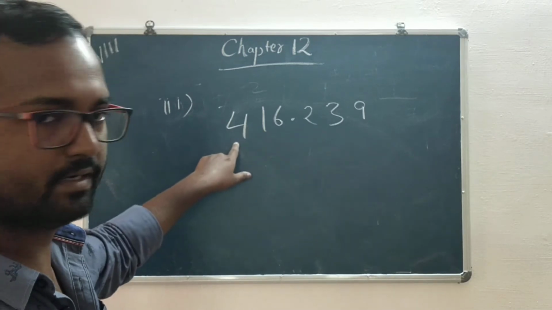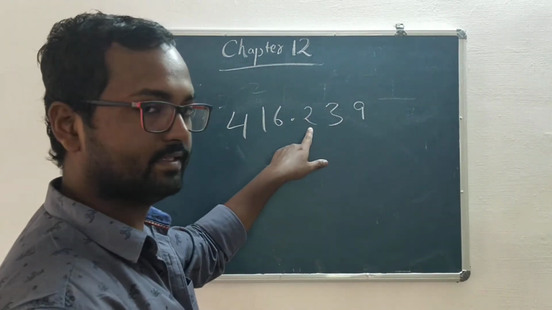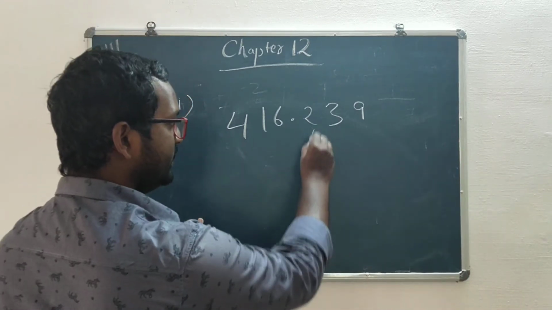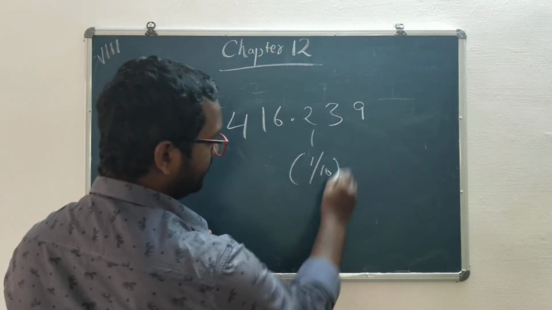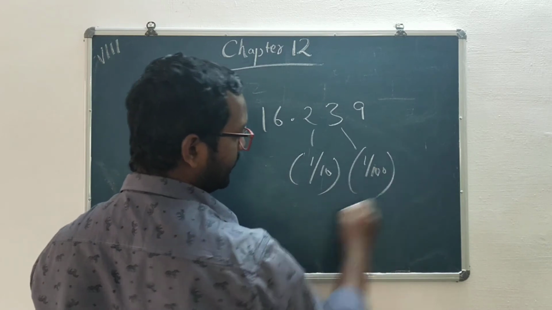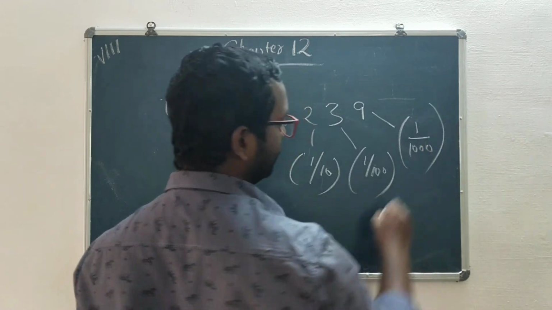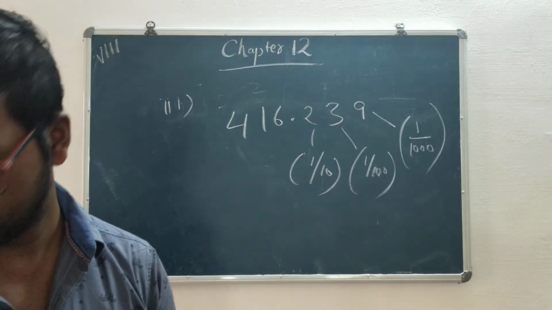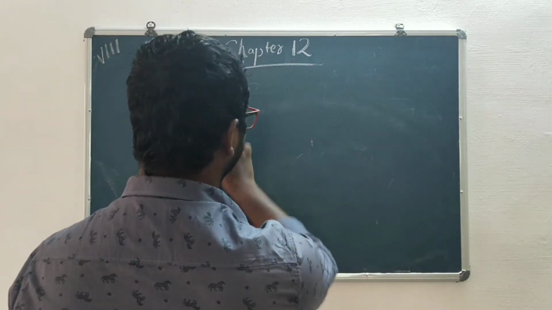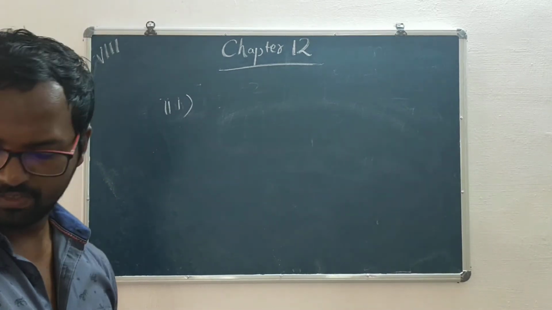Ones, tens, 100, then 1000, 10,000, like that you go. Towards the right it is like this: tenths, hundredths, thousandths. So this position is 1 by 10. This position is 1 by 100. This position is 1 by 1000. Okay. So here,